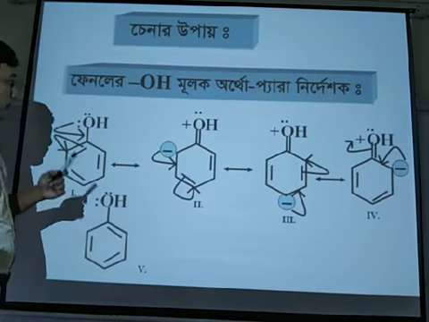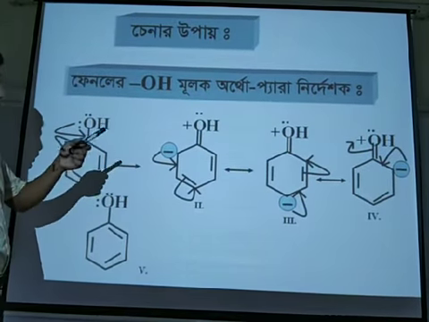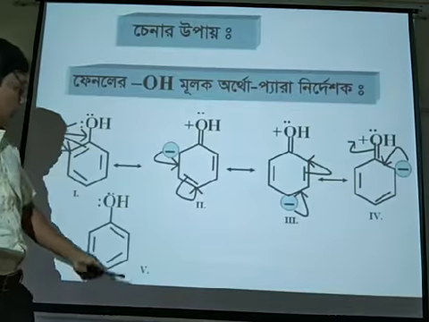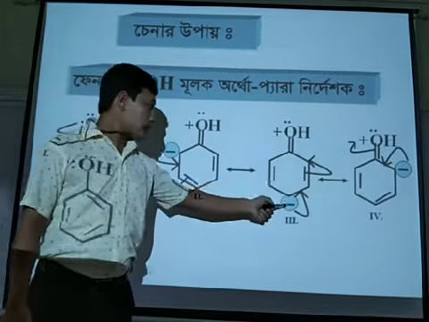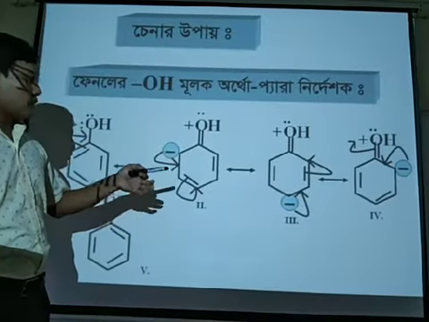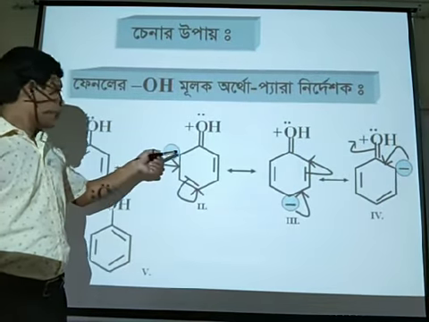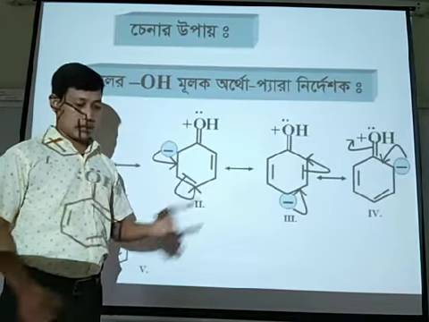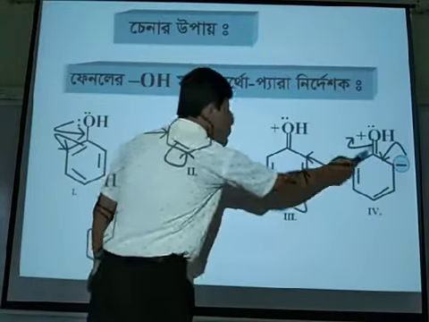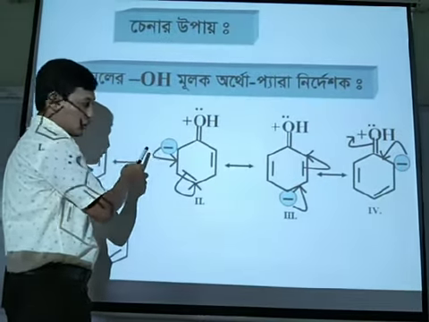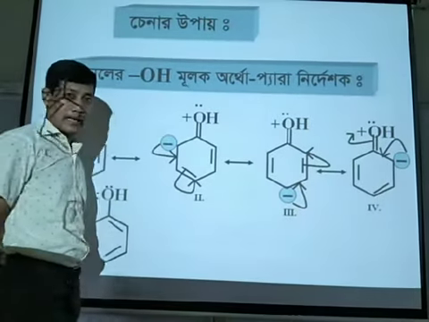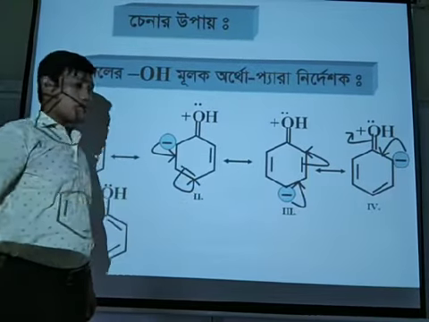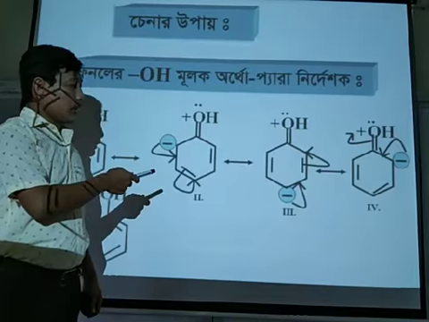So dear student, the explanation is that from these resonance structures, in structures 2, 3, and 4, we can see a negative charge here and here. That means from these three structures, we can say that at positions 6, 4, and 2, which are our ortho and para positions. We know that 2 and 6 are known as ortho positions, and 4 is known as the para position. From this we can say that at the ortho and para positions, a negative charge has been created. That means electron density has been increased.